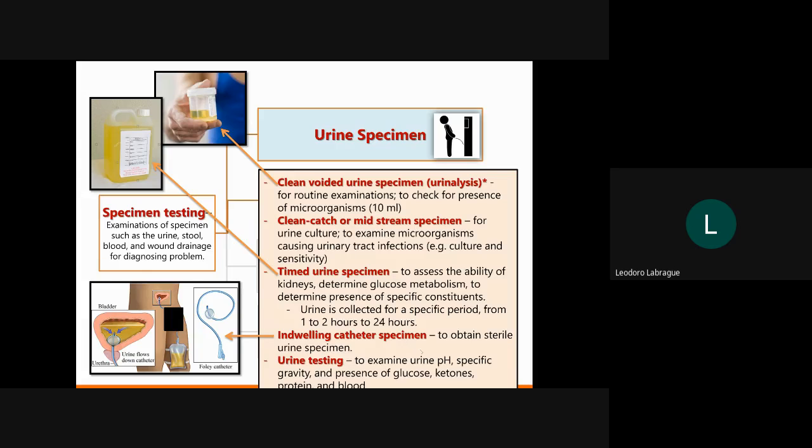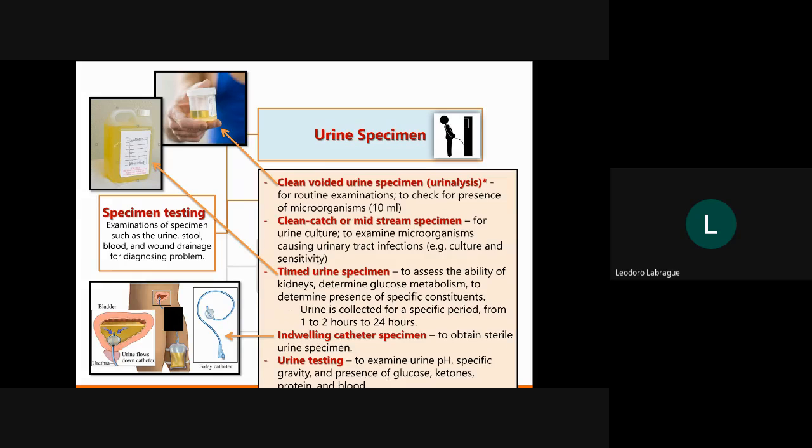And the most common test that we usually do in the hospital, even nurses will do this one, the urine testing. Okay, the last type of urine testing, wherein we examine the urine pH, specific gravity, urine pH, if it is acidic or if it is alkaline. Specific gravity if the patient is dehydrated or if the patient is overhydrated. Usually we can see that by checking the urine.